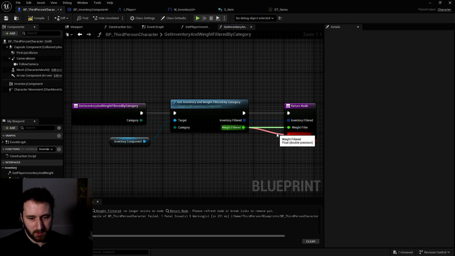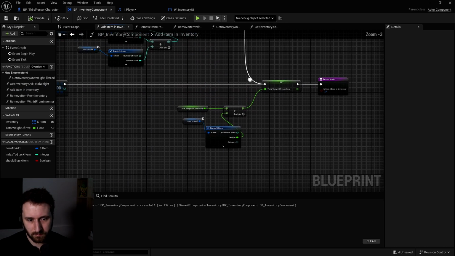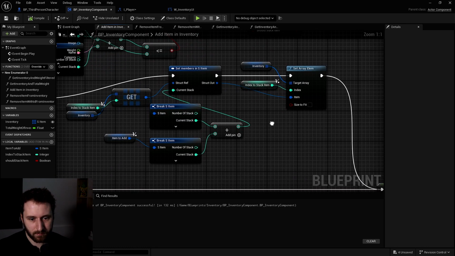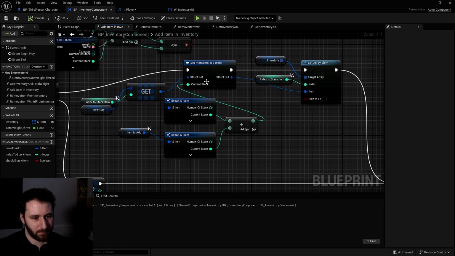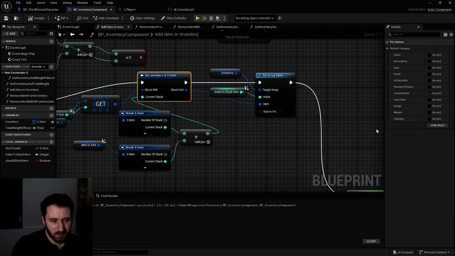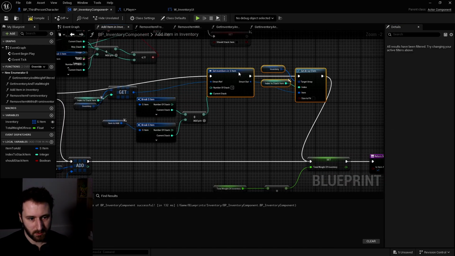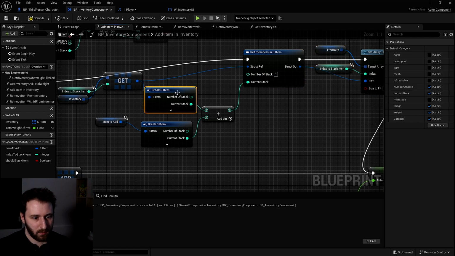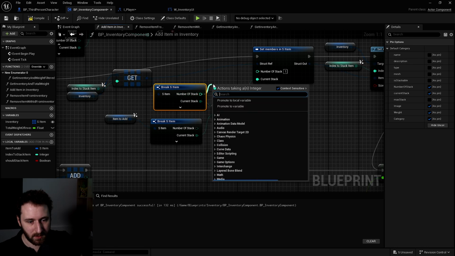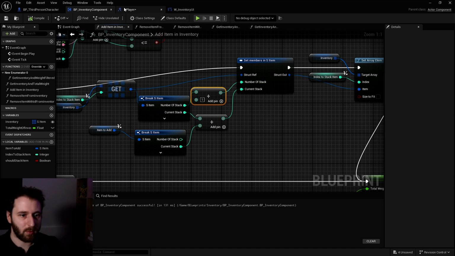Now when we add an item into our inventory, we have the number of stack, and in here, we have our item there, where we actually added the current stack. We will increase the number of stack also. So the number of stack will be the current number of stacks, so it will be from our inventory. In here, we have number of stack. Let's just add. We add 1.